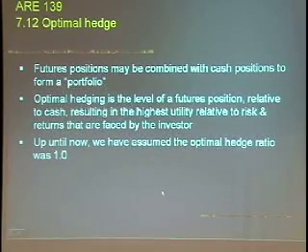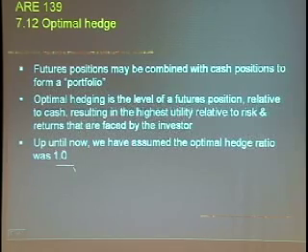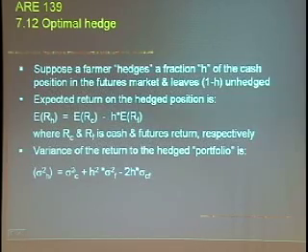And we're going to decide what is the optimal ratio between the cash and the futures position. And as I said earlier, until now we've assumed that it was 1. If you have 1 unit in cash, you want 1 unit in futures. But that may not be the case because of the fact that you're risk averse, and also because of the fact that futures and cash may have a unique